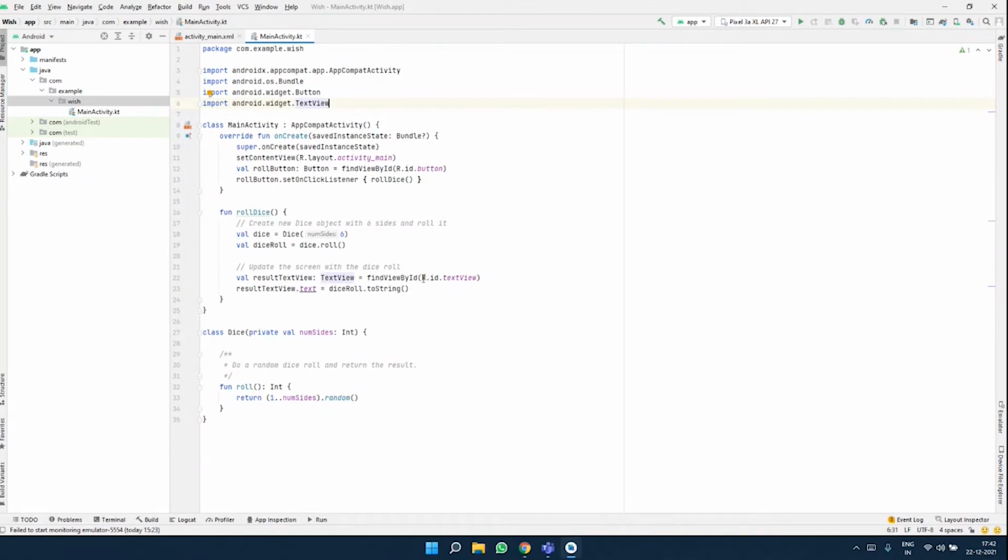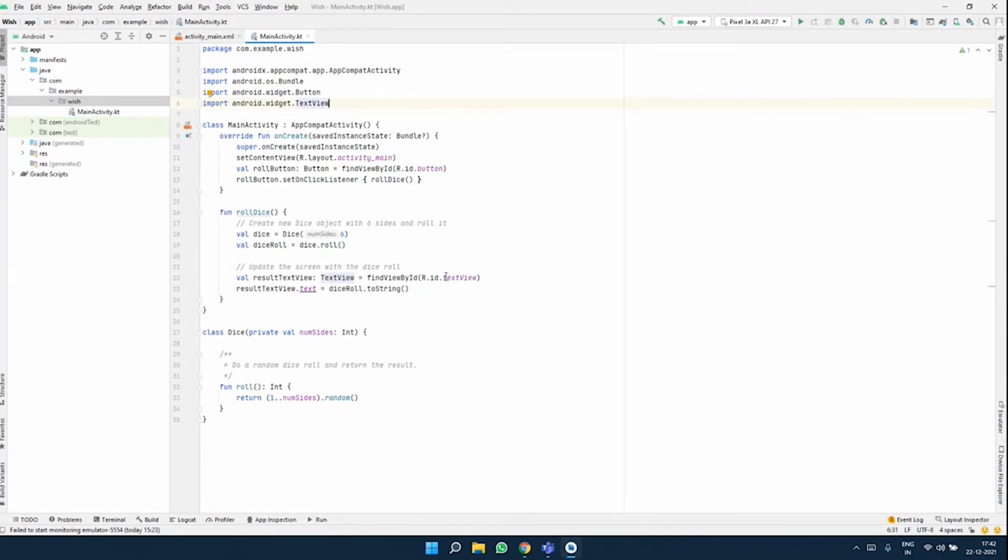R.id.textView. So R stands here for resources, and ID is again the ID that we discussed in the activity_main.xml, where each UI component is being given a particular ID, right? We had discussed that. And R.id.resources, again, you can map with that library example. Now it is going to basically find view by ID. So view is the elements, right, in that pictorial slide that we had shown you. So it's going to find that view, and it is going to look for that ID where the ID is